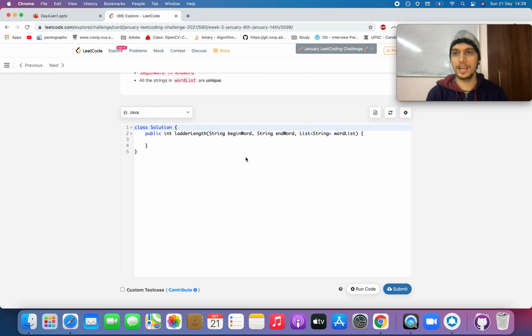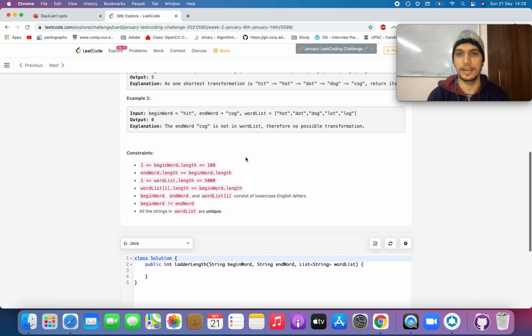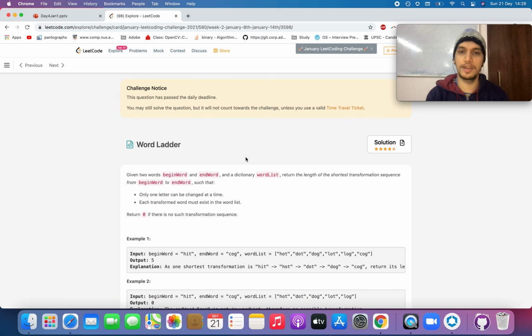Although I am today covering up for yesterday's session, yesterday's question was Word Ladder. In this question, you are given a dictionary, a beginning word and an end word, and some rules. The rule says that two words are related if they differ by at max one character. So what you need to do in this question is return the length of the shortest transformation that